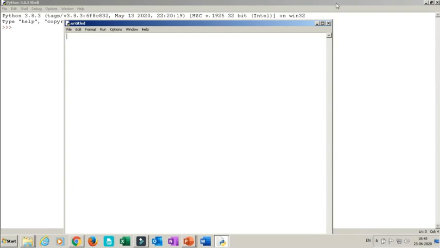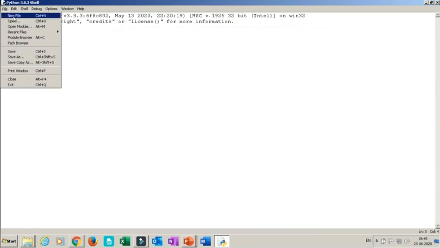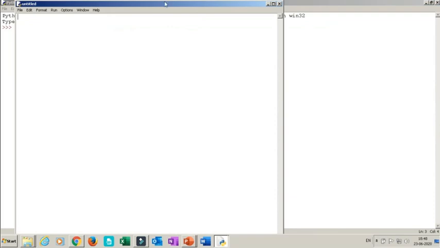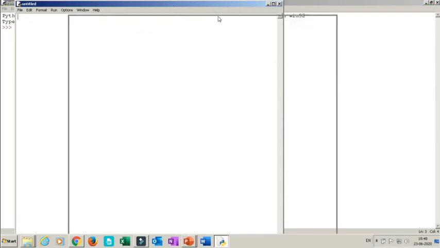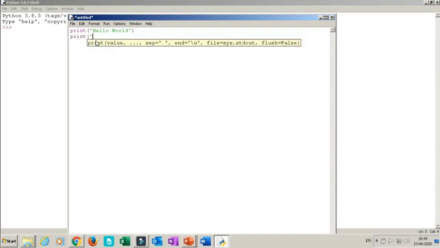Let's see once again. To open the script mode we have to go to the file. Under the file we will get a new file. Click on the new file. A window like a notepad will open, and this is the script mode window, and in this script mode we can write the program. For example, I am writing a 2-line message. I am writing print Hello World, the first line message, and second I am writing print Python is an interesting programming language.